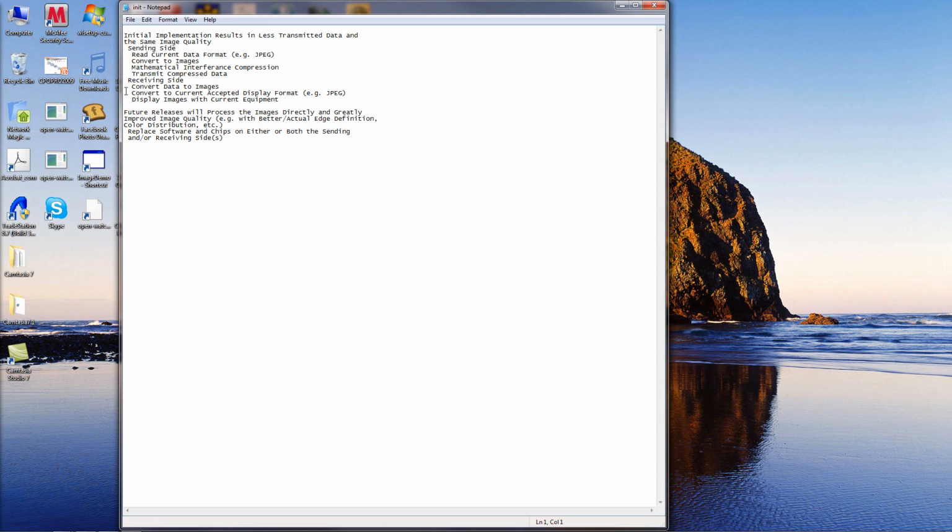On the receiving side, our transmitted data would be converted back to data images. Then that data would be converted to the accepted display format, JPEG or its associated MPEG-4, whatever. And then that would fit within the software, hardware, chips that were available on the display equipment. Either way, the data or the image could be